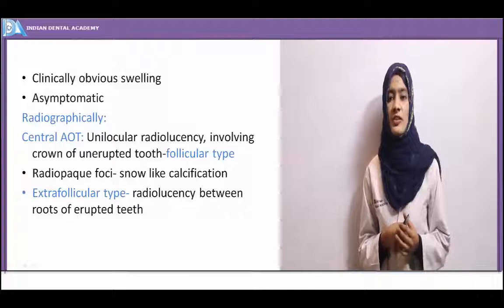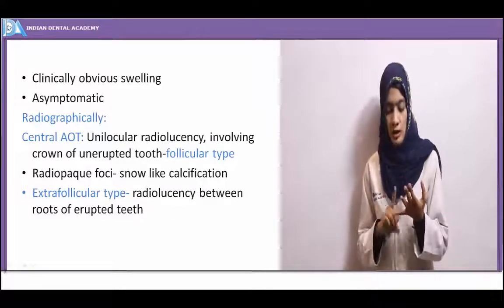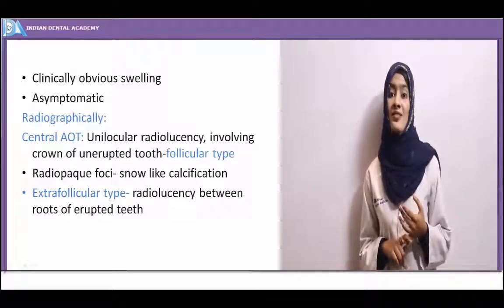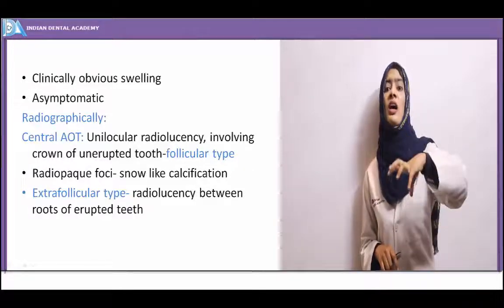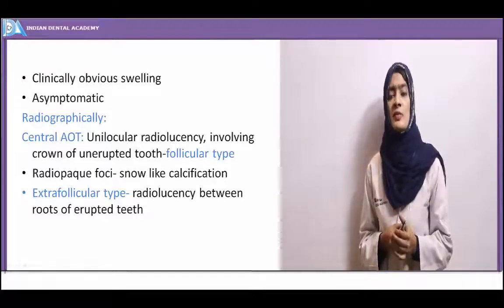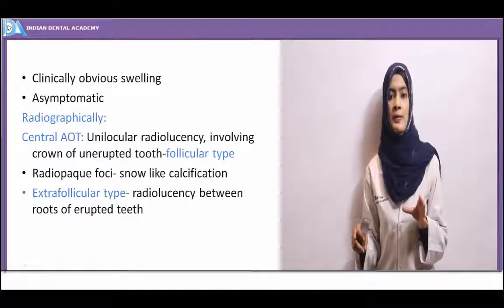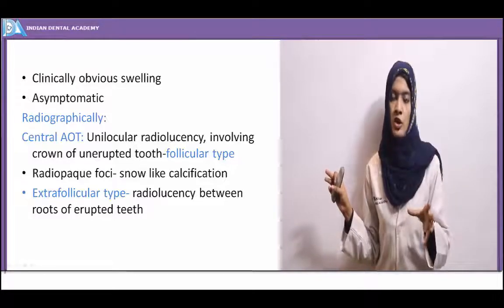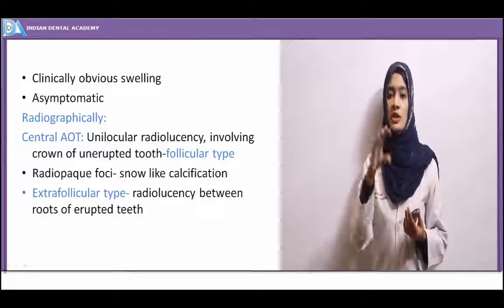So what happens during radiographic examination? You see that there is an unerupted maxillary cuspid present. And there are two forms of this adenomatoid odontogenic tumor. One is located essentially around the unerupted tooth. That is the follicular type. Radiologically it presents as a unilocular radiolucency surrounding the crown of an unerupted maxillary cuspid. It is a unilocular radiolucency, but sometimes it shows radiopaque foci of calcification here and there within the radiolucency,